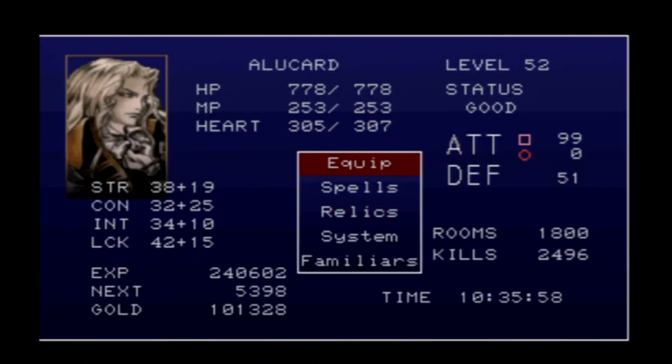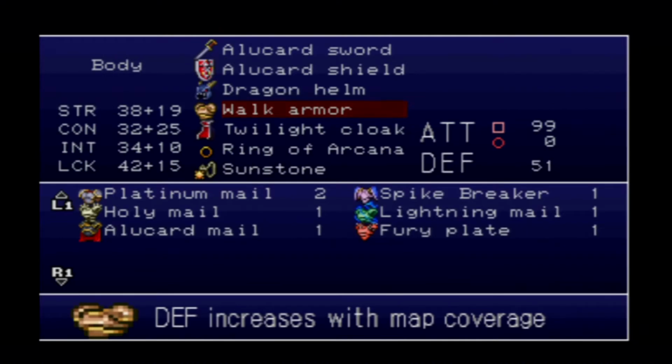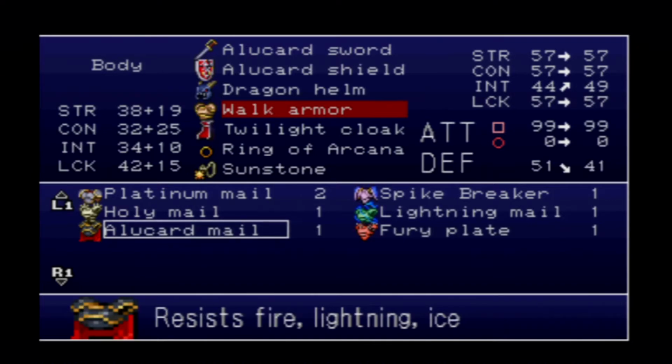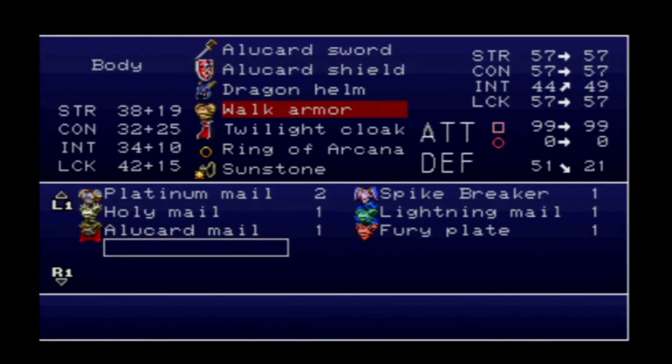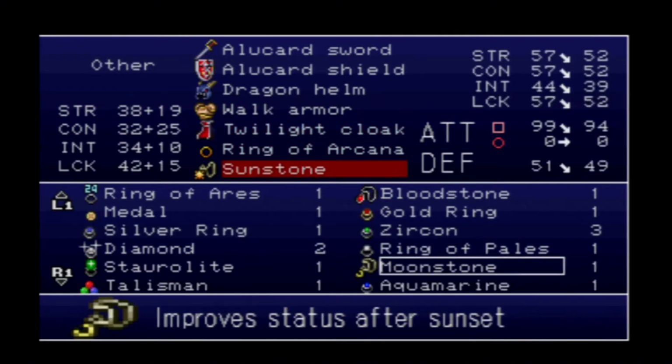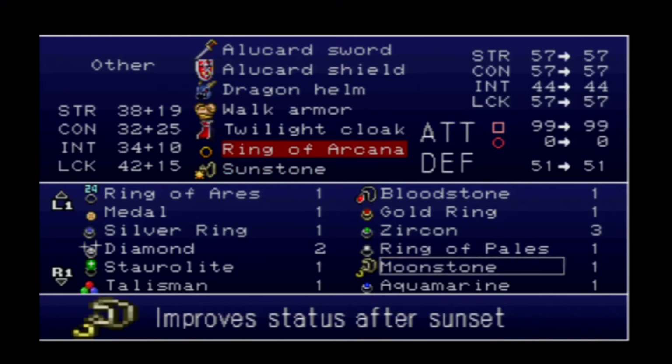Let me check my items, my equipment, the walk armor. The walk armor is the best armor I have, not taking into account elemental resistances, so that's good. Now, the sunstone. It is still daylight, apparently, so that's cool. And I tell you what, we're not going to get rare items by defeating Dracula, so let's go ahead and...